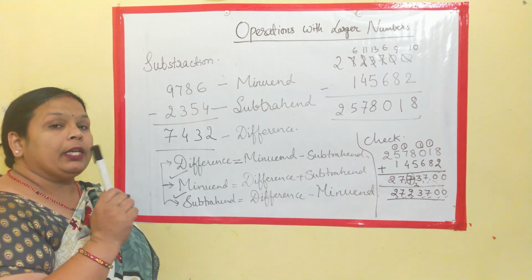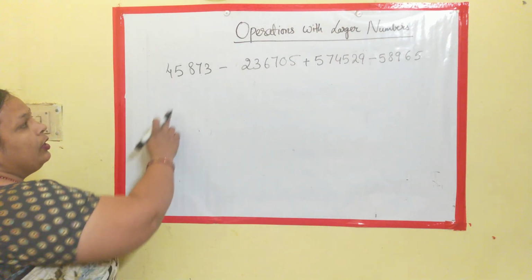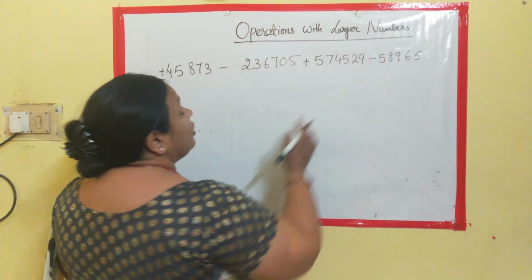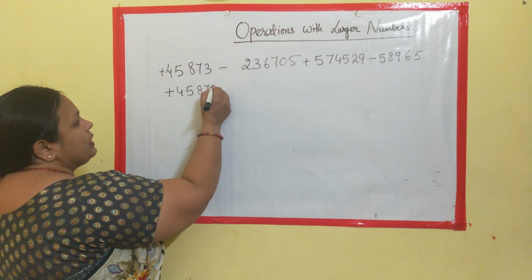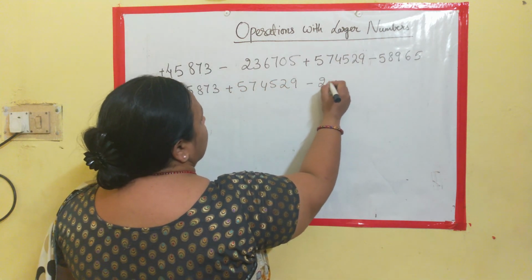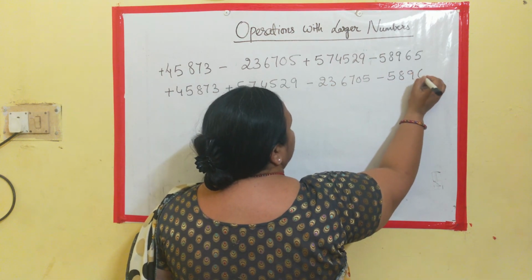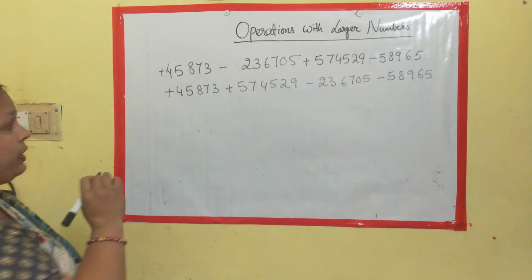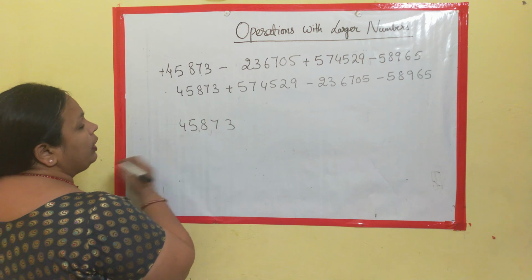Okay. Now we will take one simplification example. For solving this simplification, you can see one number is positive, the other is negative, then positive and then negative. So how to solve this? For this, first write all the numbers with the same sign together. Clear? Now this part is done. Now recheck that you have copied the numbers the same or not. Now write the numbers properly.